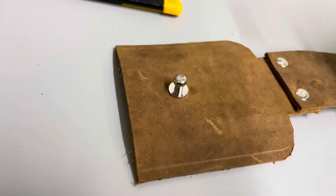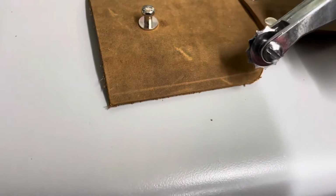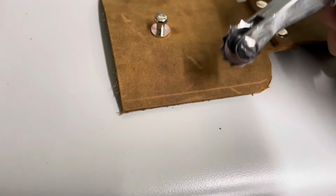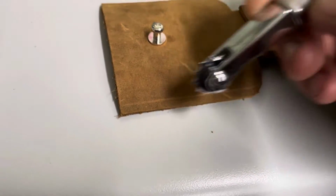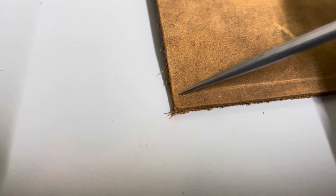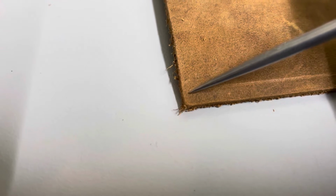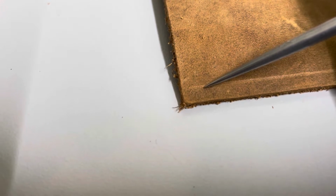Trick I learned the hard way: once you've scored the edge, just so that you have a visual marking, and you go to run the spurs, do not start at one side and go clear through to the other. The reason you don't want to do that is you might end in a very odd location. Like you may end with your last hole right there, which is too close to the edge without tearing out the side. But if you were to go back one, it's too far away from the edge and doesn't